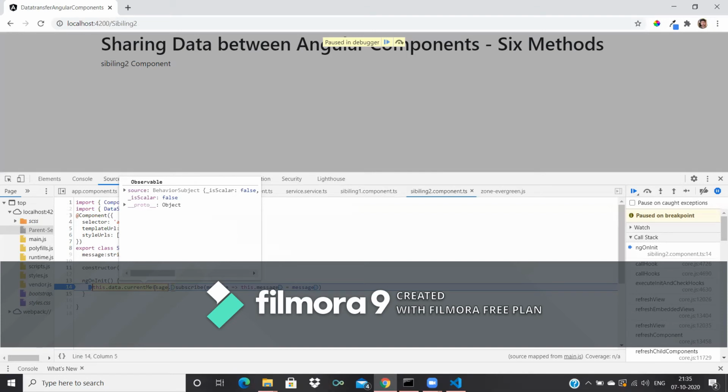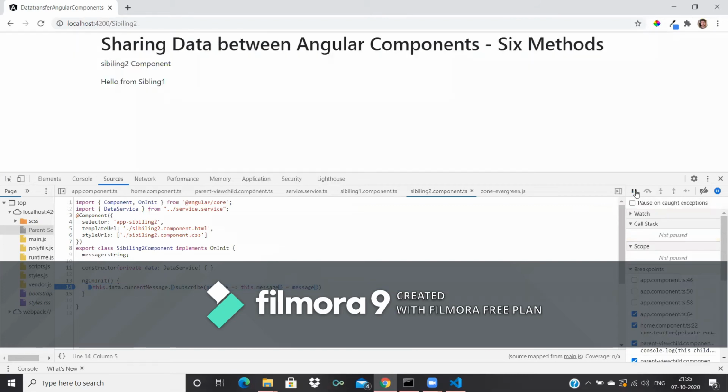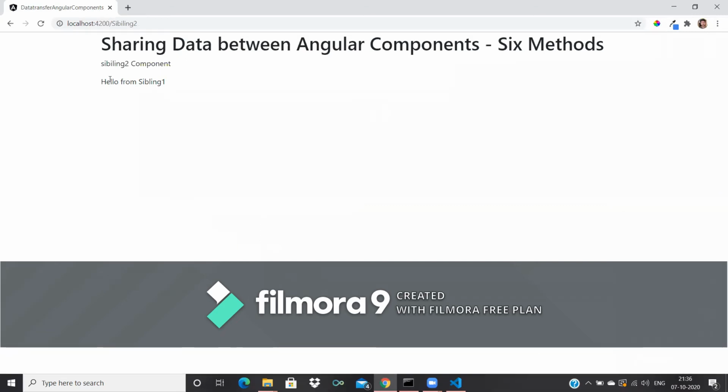This is the observable we created in the service, and whatever the current value is will be bound here. See, the message came from siblings1, hello from siblings1. In this way we can transfer data from one component to another using a service.